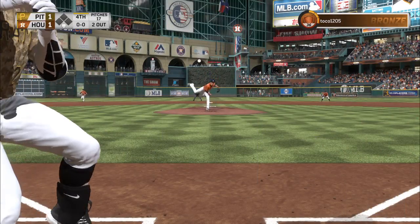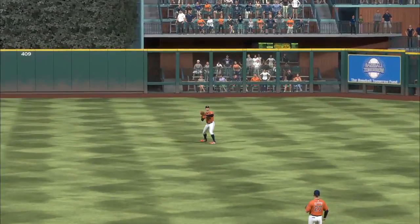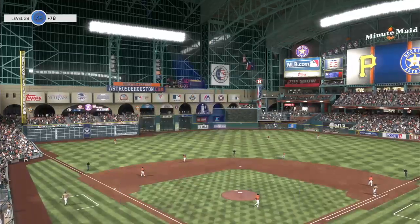0 for 1 for him here in this one. Sent in the air out to straightaway central. Springer has a read on it. He makes the play, and that'll...